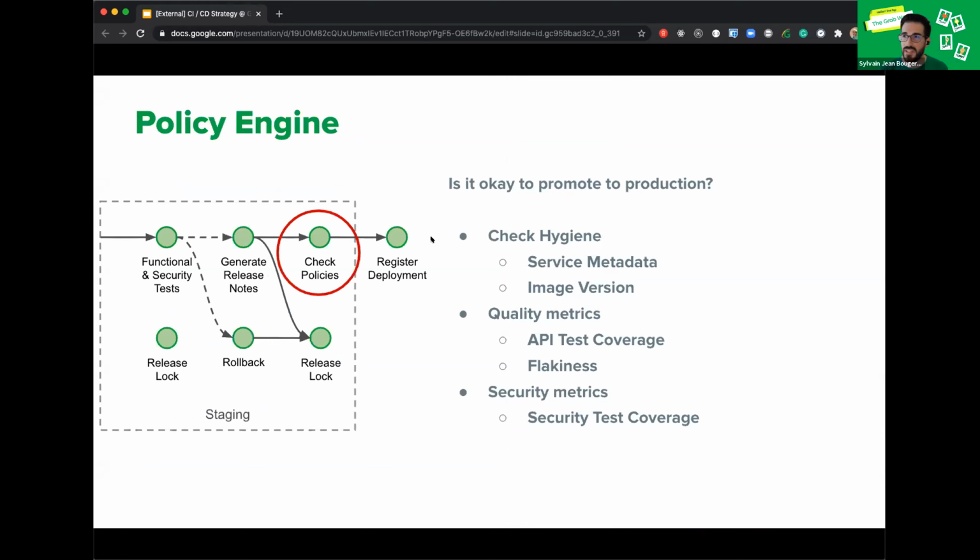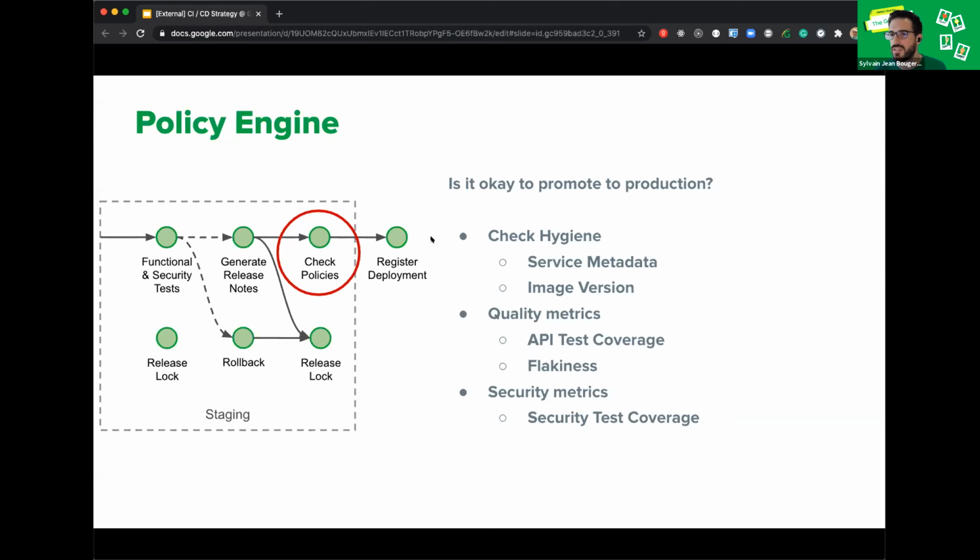The second thing that we did is that at the end of the pipeline, we hooked into our policy engine. Our policy engine is called Sphinx. It's also a tool that we developed internally. And the purpose of Sphinx is to quality check some of the metrics that are either in the environment, or related to your deployment. So for example, once all of the tests have passed inside your pipeline, we want to make sure that certain metadata are present inside our dictionaries to make sure that your service is kind of green lights to go to production.